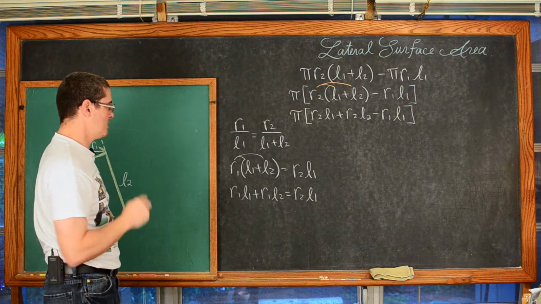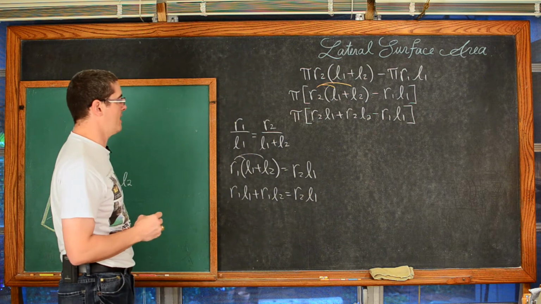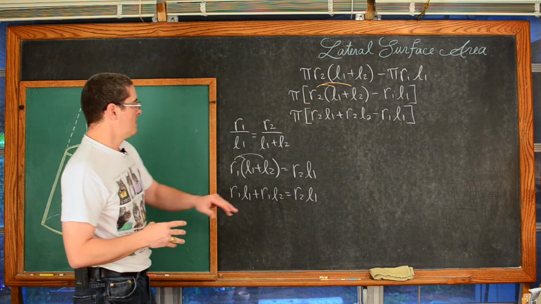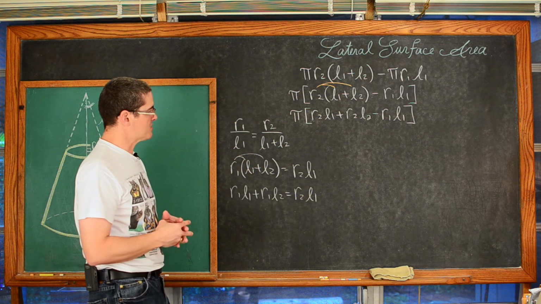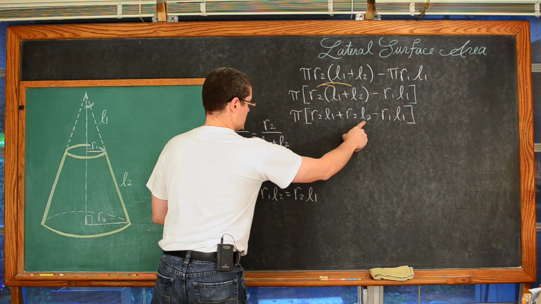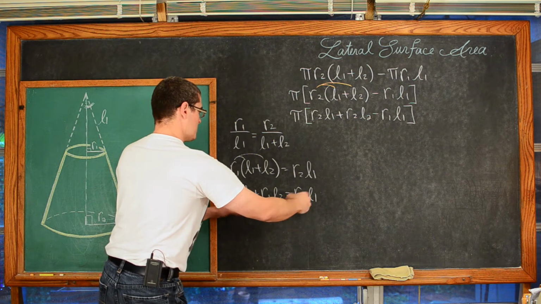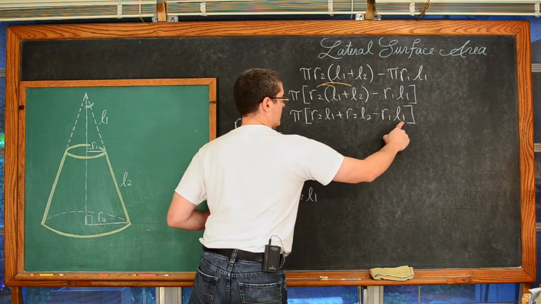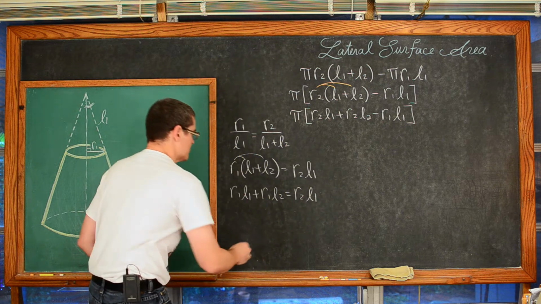Okay, so now what? Well, I'm still not going to be able to do one immediate substitution and get all the references of L sub 1 to disappear. But let's not try to get the L sub 1's together; let's use this r sub 1 L sub 1, get that isolated, and we'll have a couple of terms with L2's and L1's and see what happens there. Just play around with it.